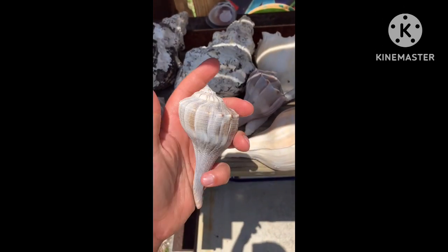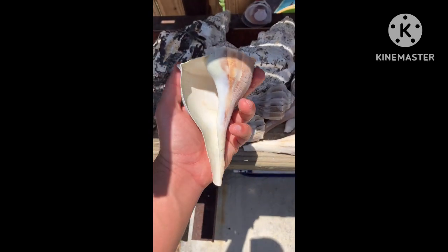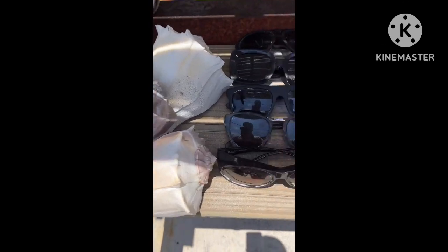But yeah, some nice lightning whelks. Found these all clean out in really good shape. A couple of there, and then I got some